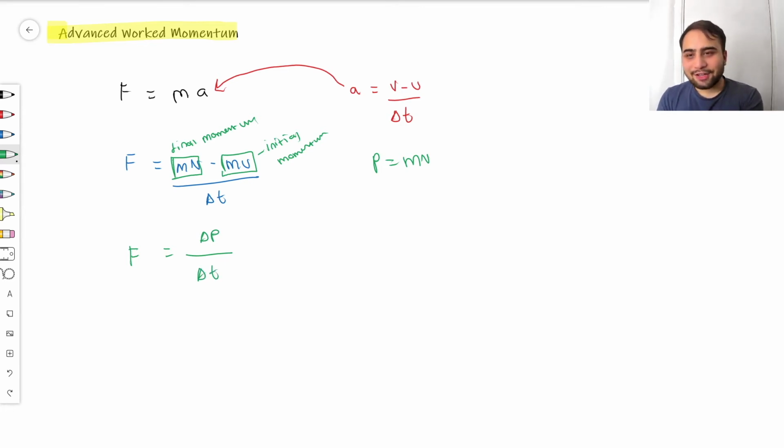Now let's have a look at what this actually means for collisions. The force exerted by a change in momentum is what this equation is really talking about. When two objects collide with each other, they have a very sudden change in momentum. Why is that? Well, because they were going at, say, quite a high speed, and then very suddenly they went to 0. So in a very small amount of time, there's a very large momentum decrease, because remember they were going at quite a high velocity first. So this means that we get an extremely large